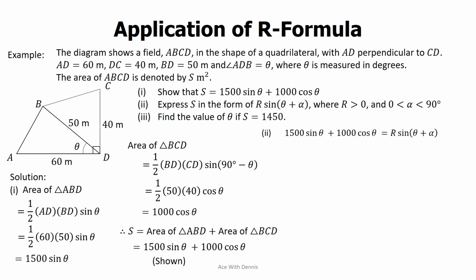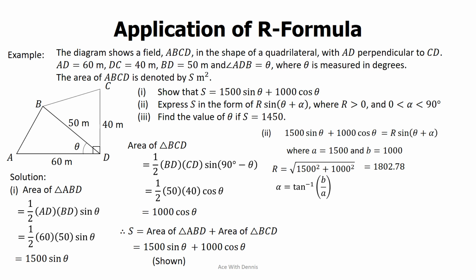Number 2, so what we need to do is convert this expression into R-formula. 1500 sine theta plus 1000 cosine theta is equal to R sine theta plus alpha. We identify that A is 1500 and B is 1000. So R equals square root of 1500 squared plus 1000 squared, which gives us